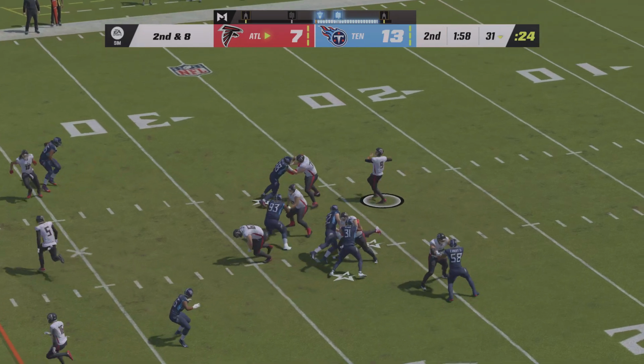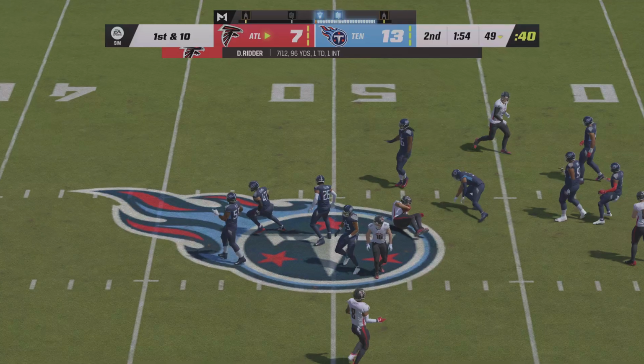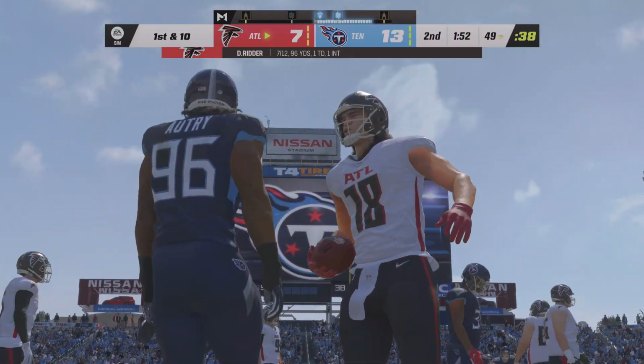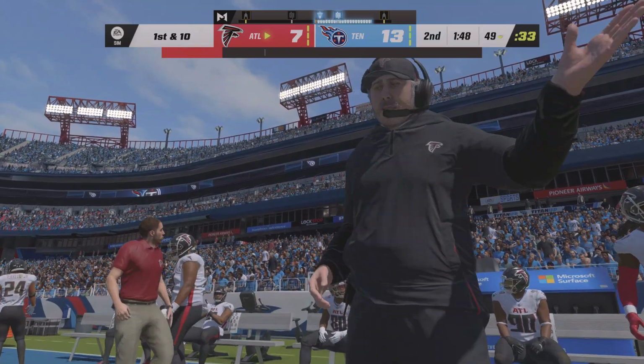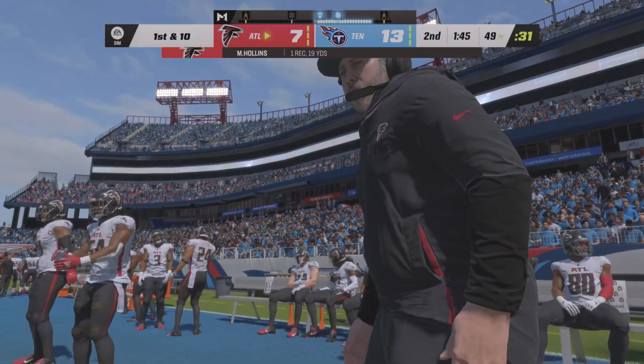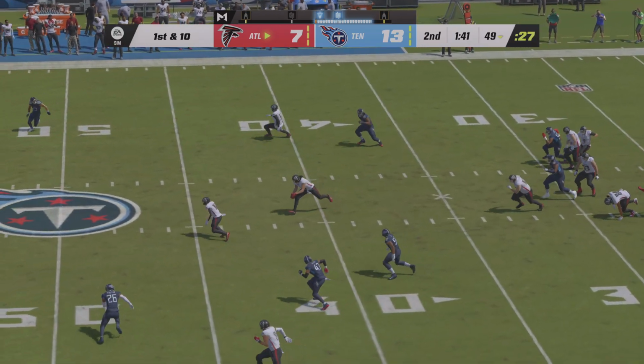Here's 2nd and 8. Throwing middle, and it's complete. And getting this just shy of midfield, they'll spot it at the 49. He's got his first catch here before halftime, and it goes for a first down. It's a nice completion and a little bit of run after catch as well to create the yardage that they